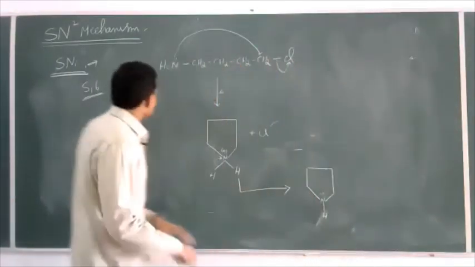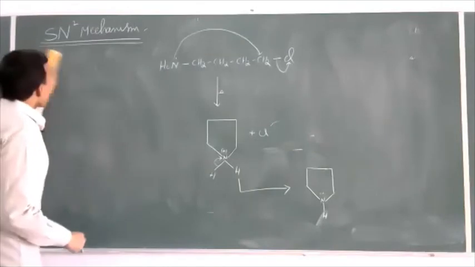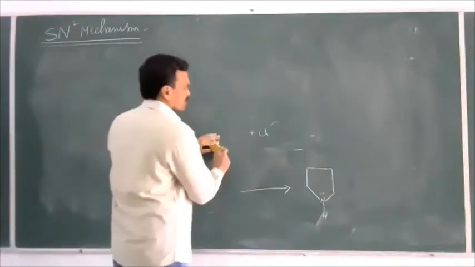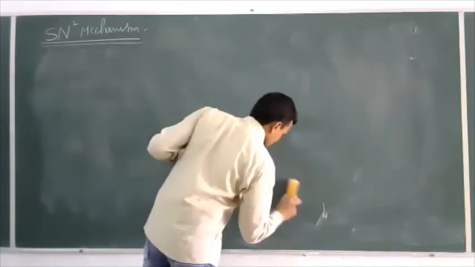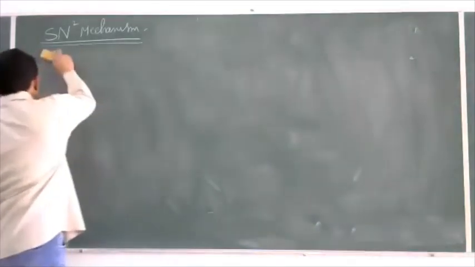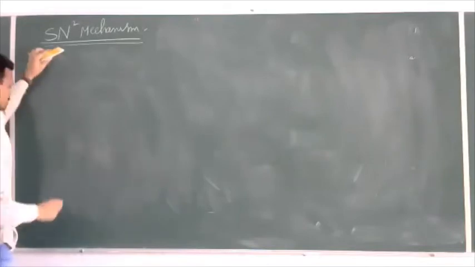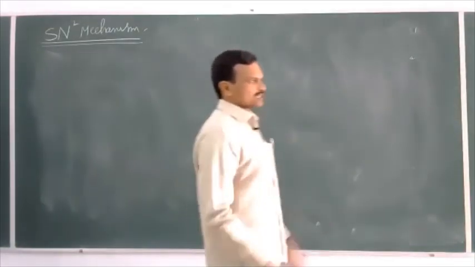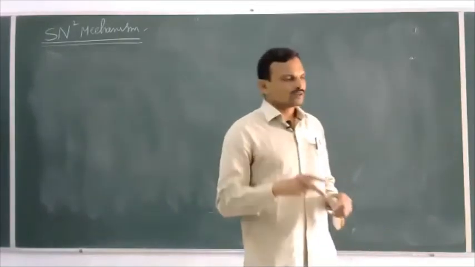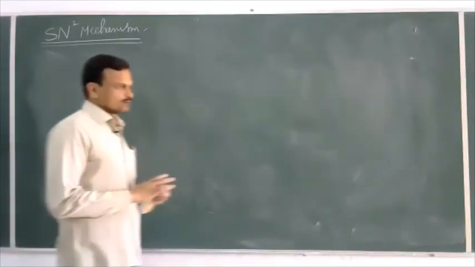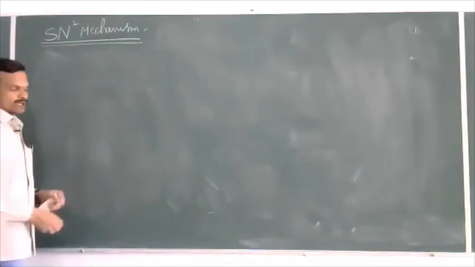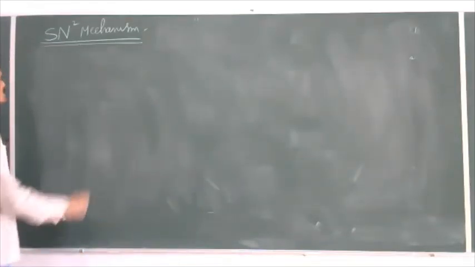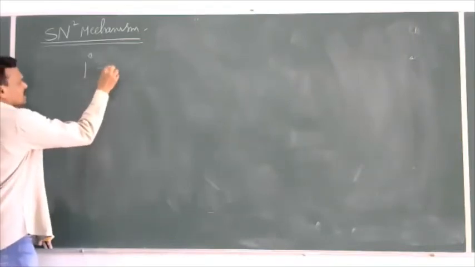Now let us see how to predict whether a given compound undergoes either SN1 mechanism or SN2 mechanism or SNi. SNi means within the molecule, 2 nucleophilic sites should be there, and one nucleophile can replace another nucleophile through the formation of 5 or 6-membered ring structure. That is clear. If only one nucleophile is there in the given molecule, then how to predict whether it undergoes either SN1 or SN2? See here, primary haloalkanes,